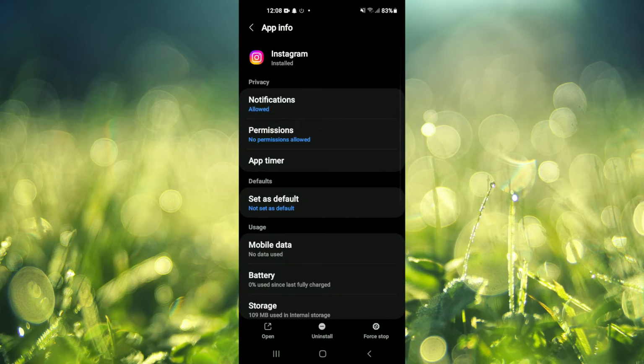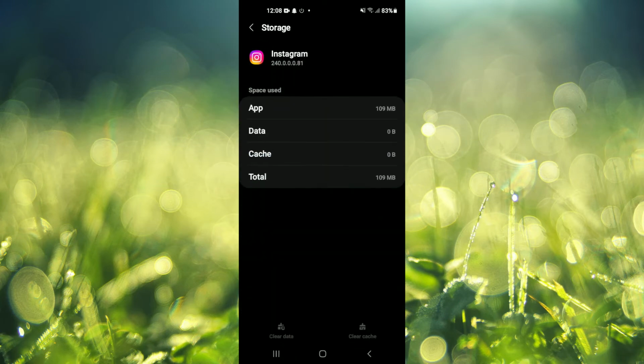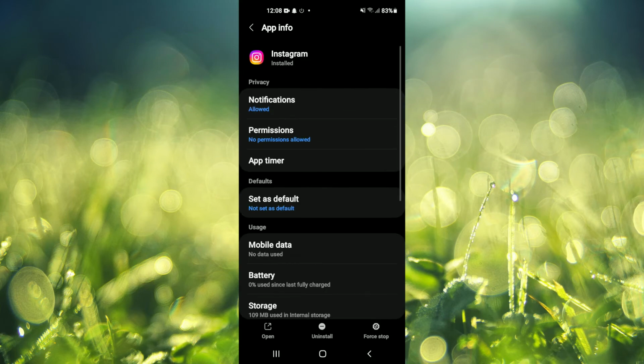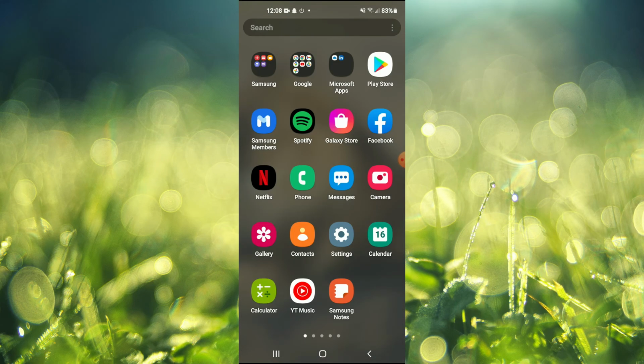After selecting Instagram, you are going to tap on Storage, and in the bottom left hand corner you are going to tap on Clear Data. After clearing data, you are going to tap on Force Stop in the bottom right hand corner. Now you will go back and you'll go into Instagram again, enter your login information, and the problem should be